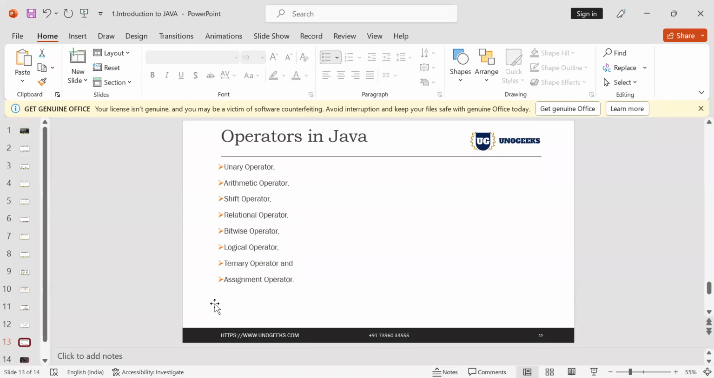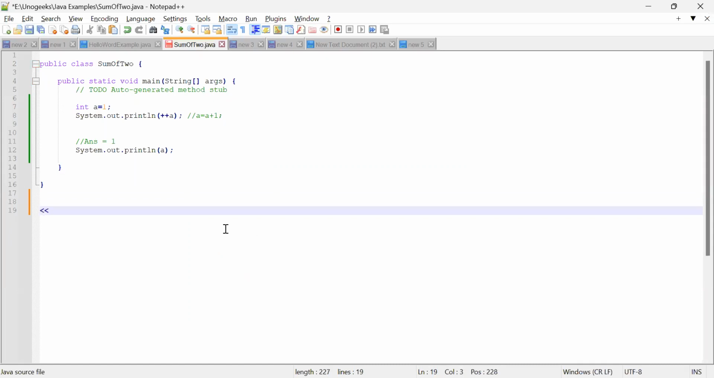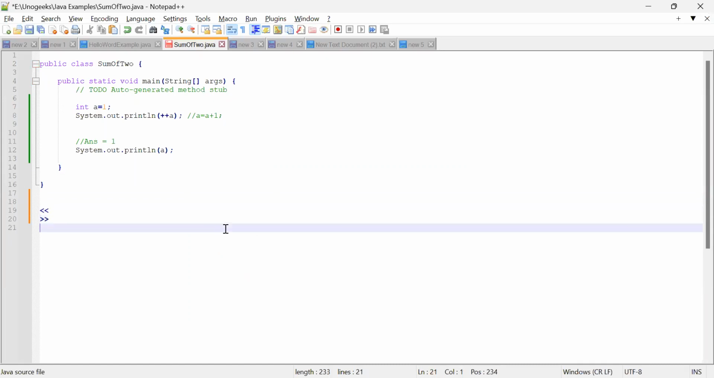What are arithmetic operators? You know that: plus, minus, division and multiplication. Okay, so these are simple ones. So what are shift operators? Shift operators are like this: left shift, right shift. Okay. So there are 2 operators. There is one more. Left shift operator, right shift operator, and there is one operator where we have 3